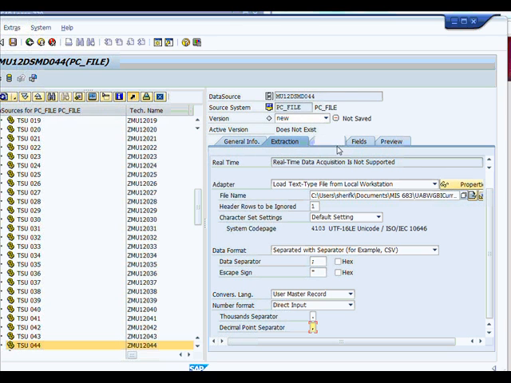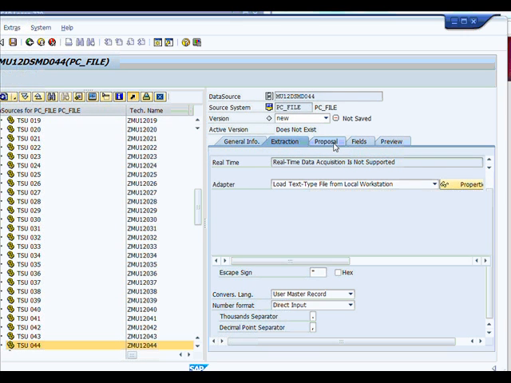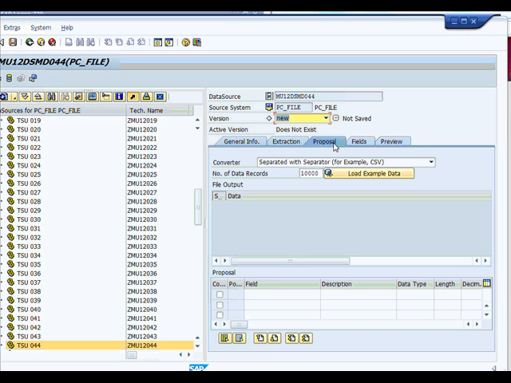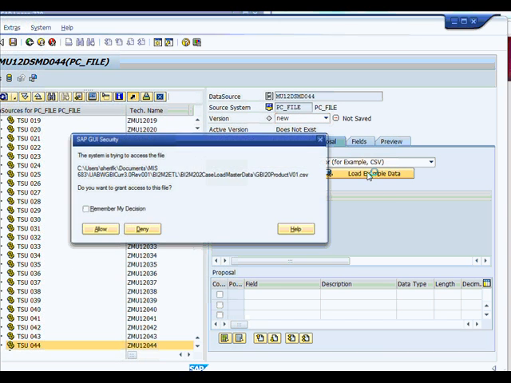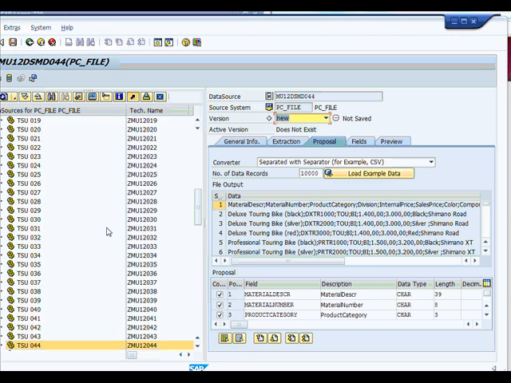Now we'll go to the Proposal tab. And we want to see if the data will load, how the data looks. We'll assume that the number of records is 10,000. And we click on Load Example Data. And now you see